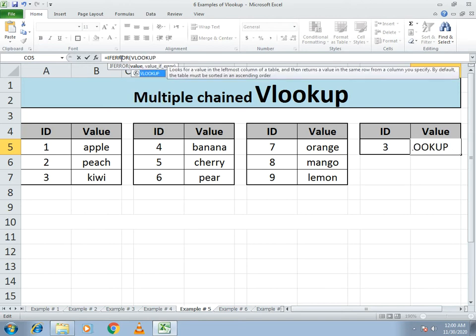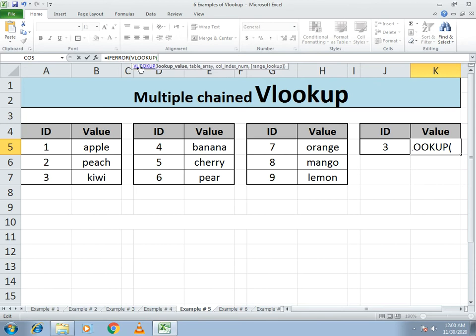VLOOKUP, bracket open. It says which value I look. It has to look up the value in the address cell J5, then it has to select all the table array, then it says column, so it has to give the column number 2, then you have to give 0, bracket close. Now you have to just write here a comma, and IFERROR,